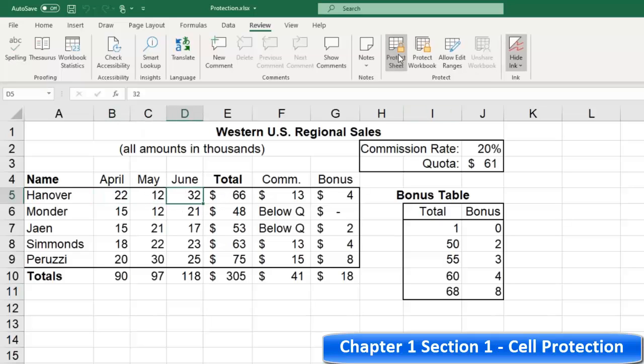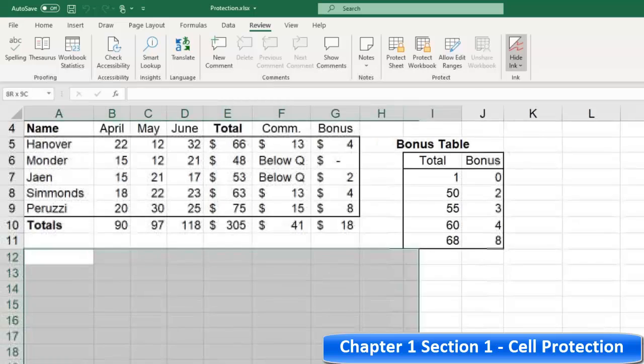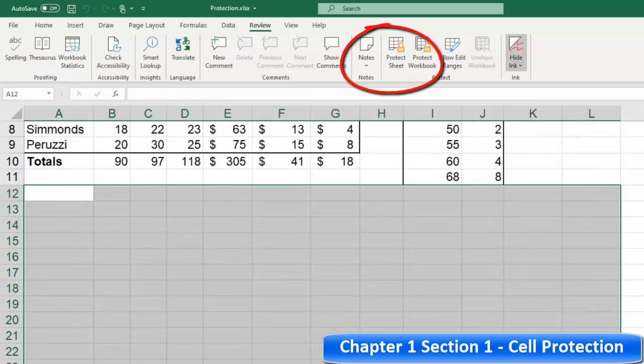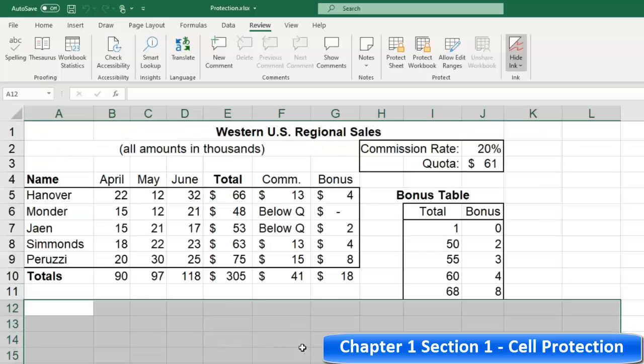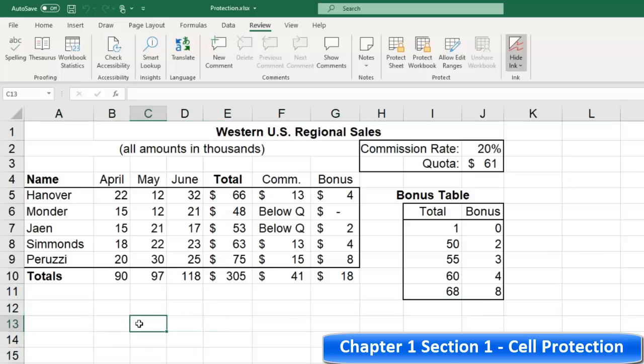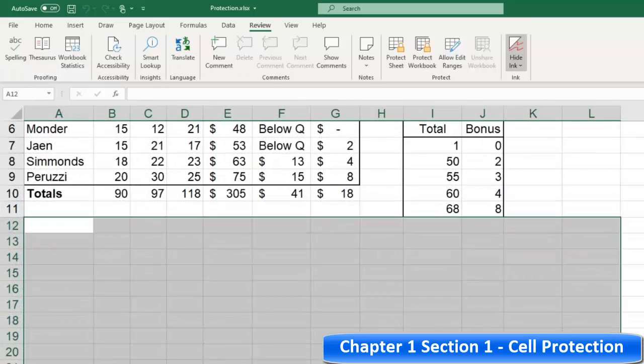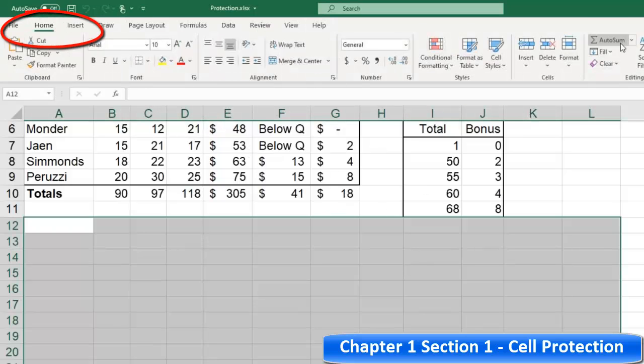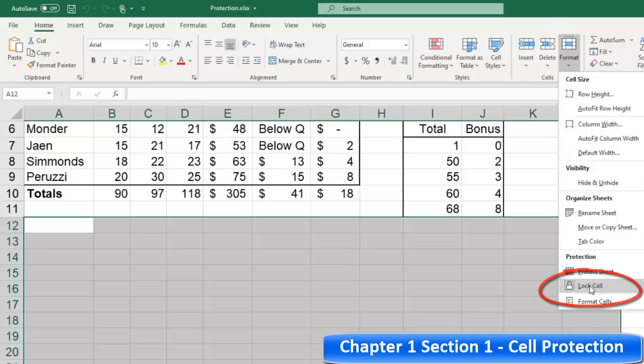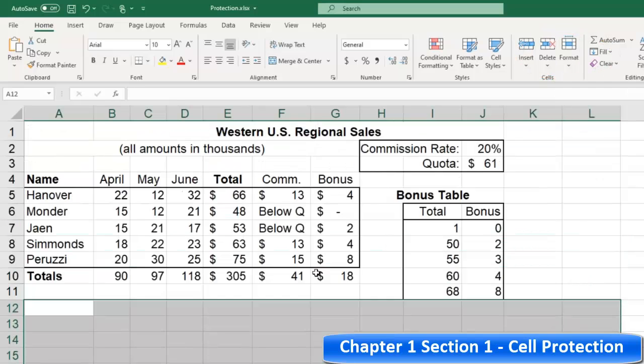Now, a lot of times what I will do is unprotect an area down below like this, because a lot of times if you're working on a sheet and everything's protected, you can't modify anything anywhere. Sometimes we like to come down here and put a couple formulas in and do a little thing. So a lot of times I will create a little scratch area below the data area and allow somebody to actually type in there, but then everything else would be protected. In that case, I can come over to my home and unlock these cells. So I unlock this area. So now when I protect it,